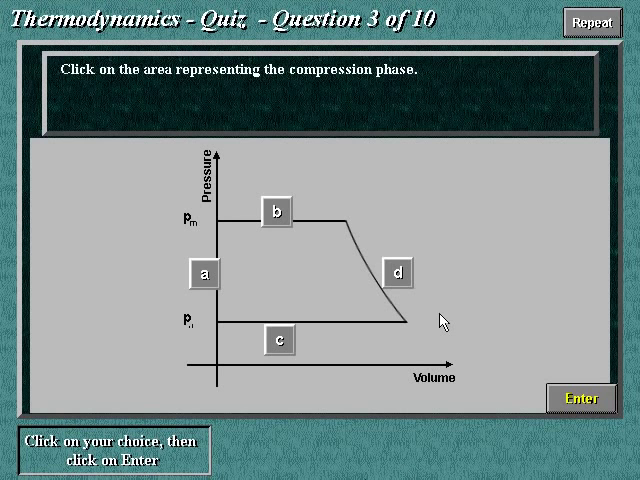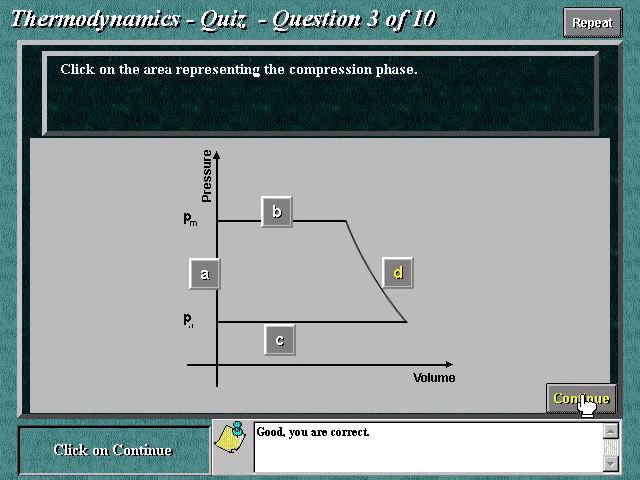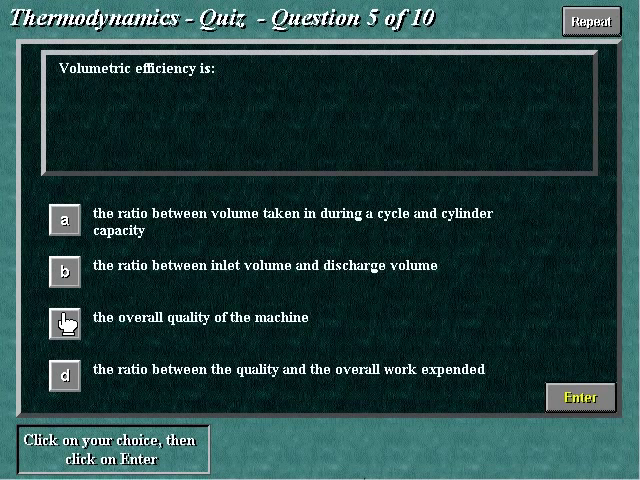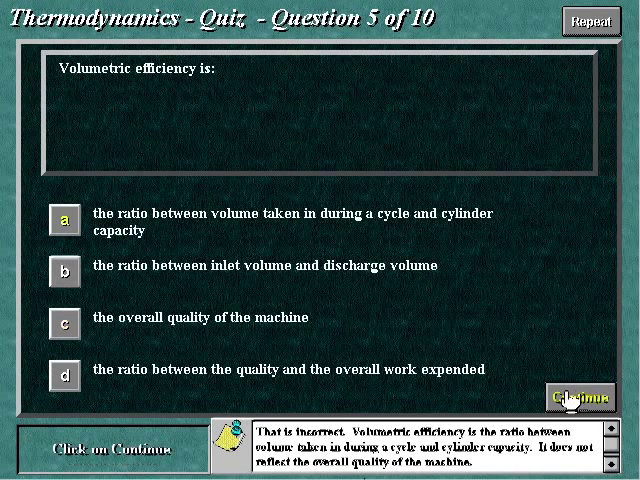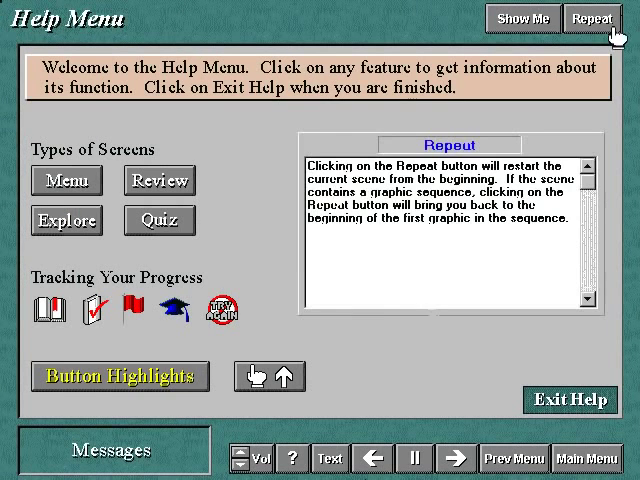Click on the area representing the compression phase. Good, you are correct. Volumetric efficiency is... That is incorrect. The correct answer is highlighted. Click on each topic to learn